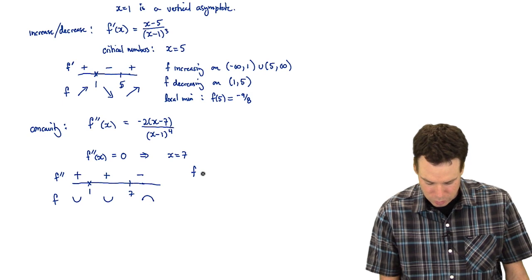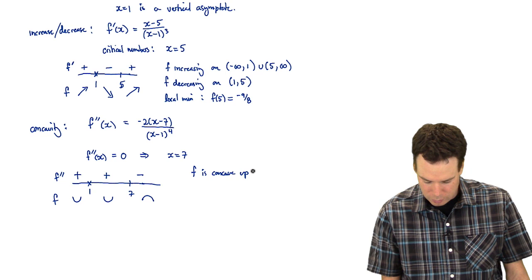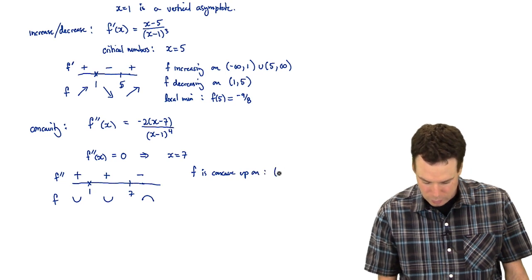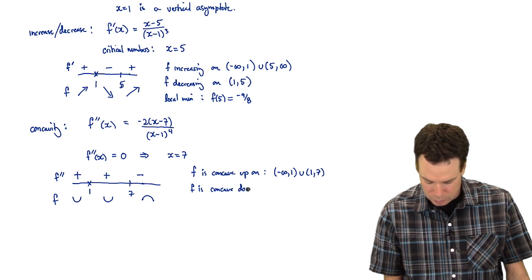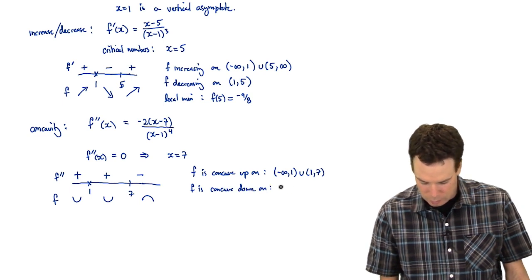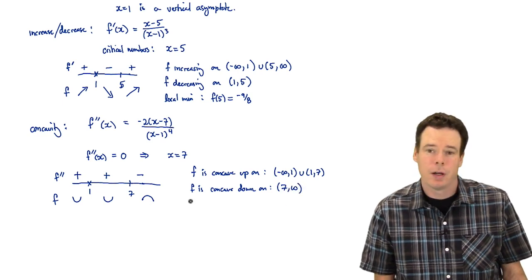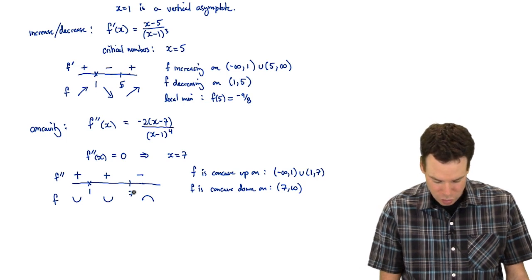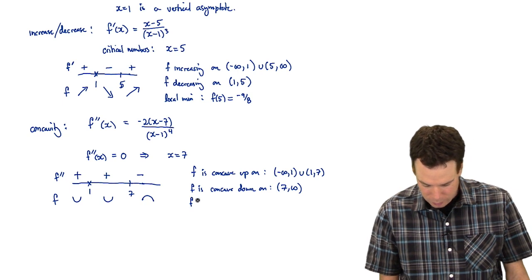And so let's just jot this down. f is concave up on the interval negative infinity to 1, union 1 to 7, and f is concave down on the interval from 7 to infinity. Do we have an inflection point? Well, notice there's a change in concavity at 7. It goes from concave up to concave down. So f has an inflection point